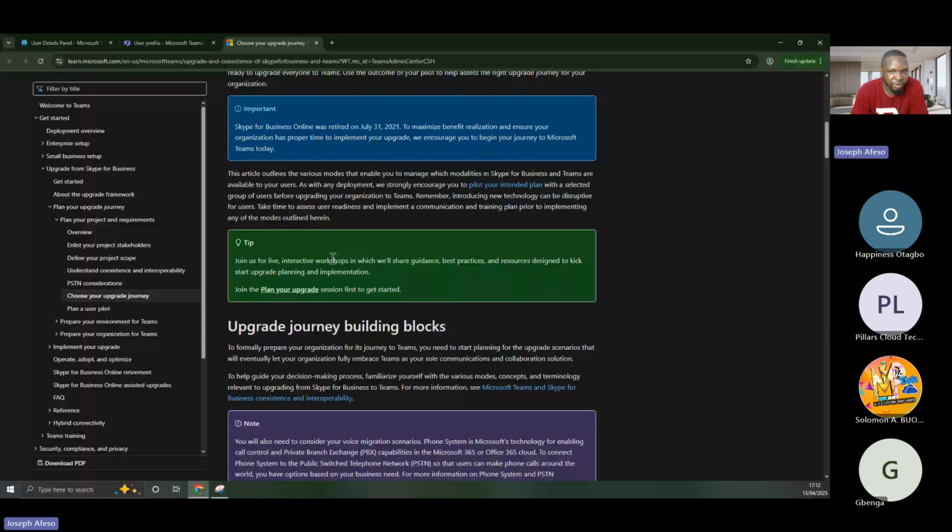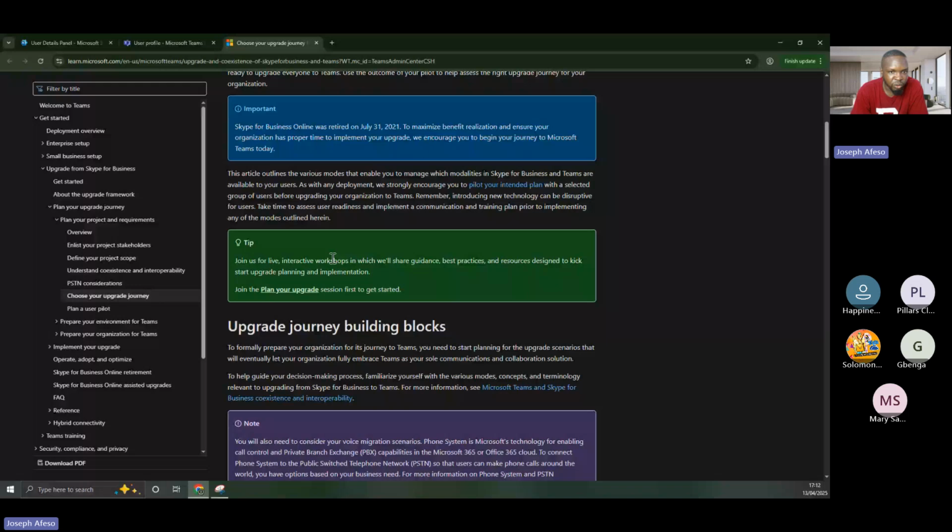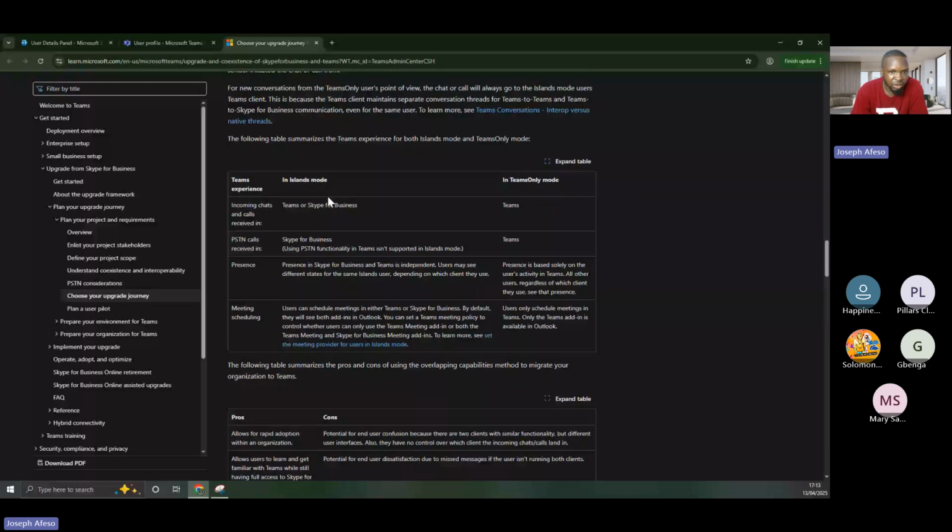You have Teams or Skype for Business, where the incoming call, and then in Teams only mode, you are going to be taking Teams experience, incoming chat and call received in Teams. So if you are in islands mode, you are going to receive your call on Teams or Skype for Business. You can choose which. But if you are in Teams only mode, you're going to be on Teams. Then your PSTN calls, you're going to receive them on Skype. Then your presence is Skype for Business. So this is not really important for me to be explaining now. But when there used to be